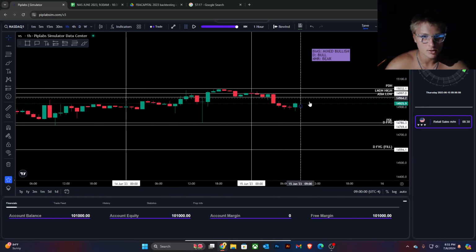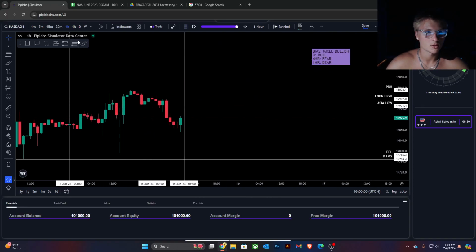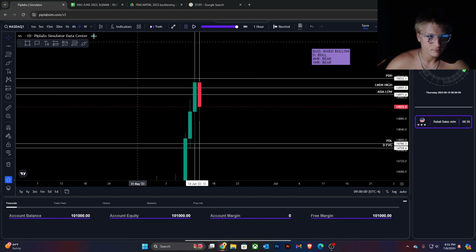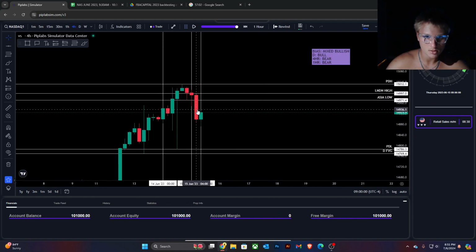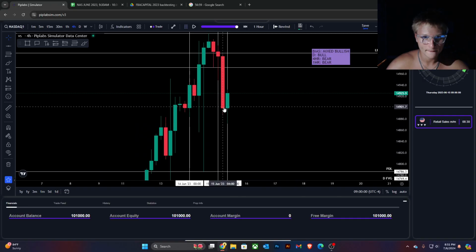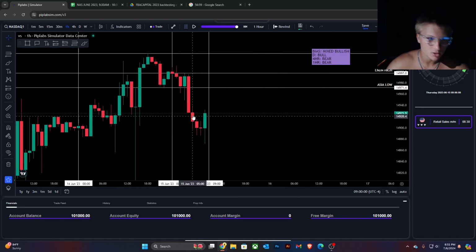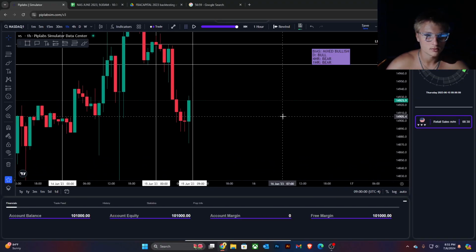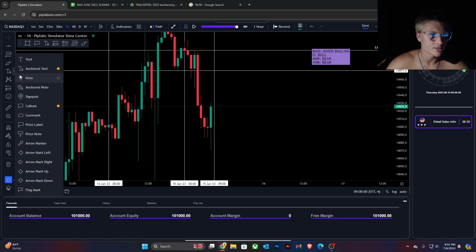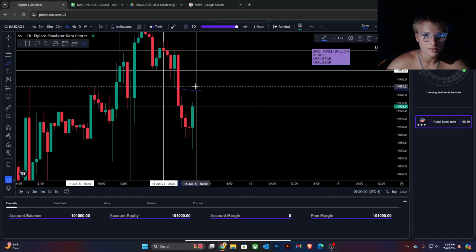Let's see what the 1 hour is. 1 hour is bearish as well, so I'm gonna mark that up. But let's see if we have any major 4 hour gaps. It looks like 4 hour actually broke structure to the downside as well. Actually, not exactly, but let's see what 1 hour is doing. Yeah, 1 hour definitely broke structure to the downside. It looks like the 1 hour time frame could be retracing right now. Price could want to fill this 1 hour gap and then continue down,